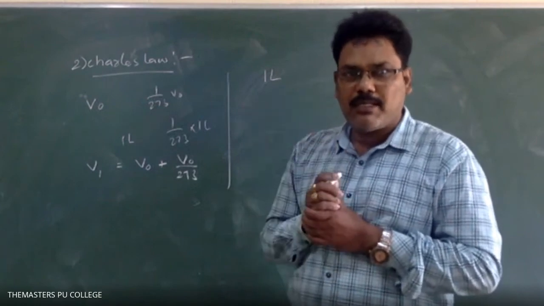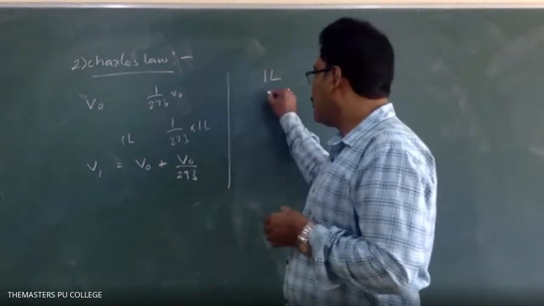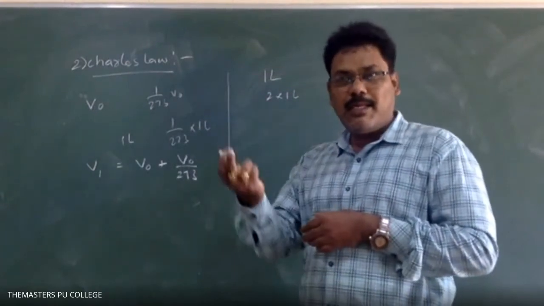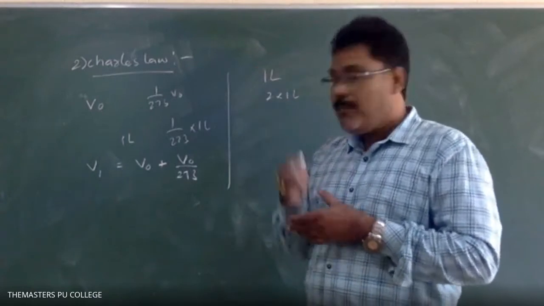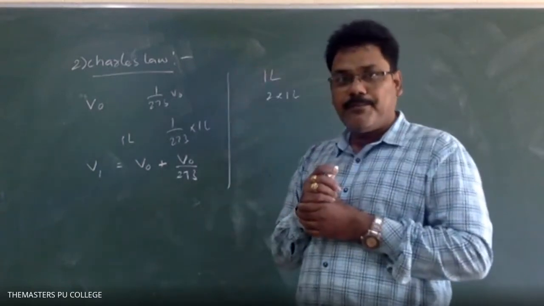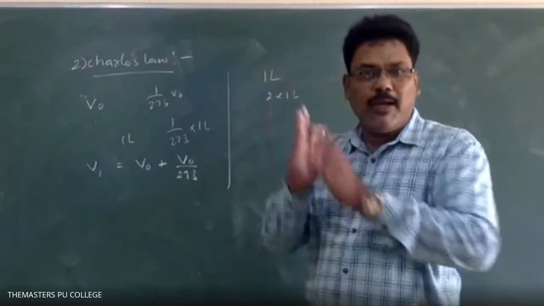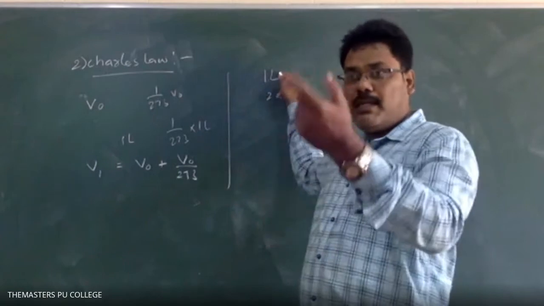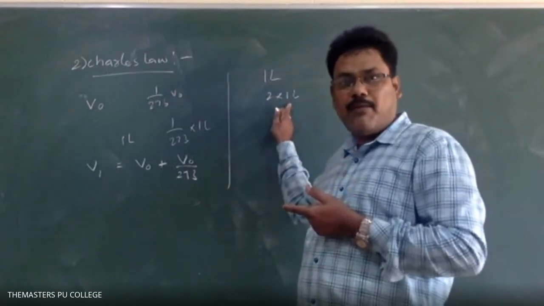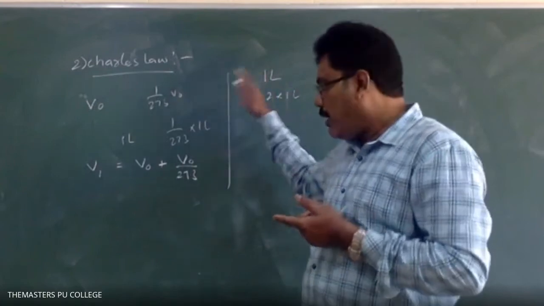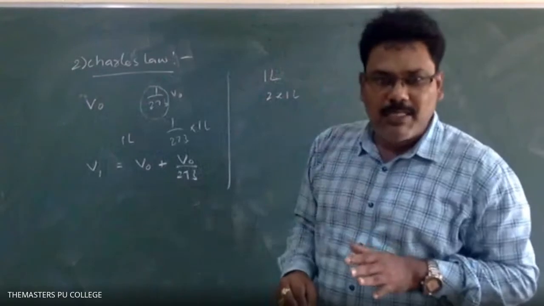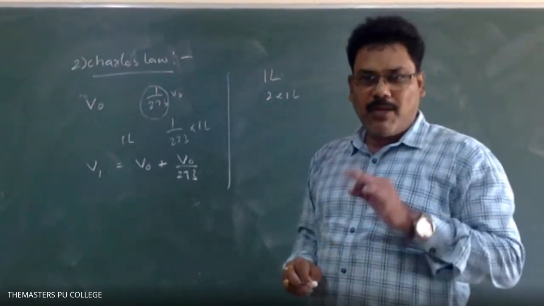2 times it increases 2 liters. That is 2 into 1, right? It is increased by increasing 1 degree Celsius. But the total volume, how much will it be? Initial volume plus increased volume of that gas. The initial volume is 1 liter. By increasing 2 times, how much is there? 1 plus 2, 3 liters. Like that, here what are we telling? 1 by 273 times it is increasing. Understood? Yes, sir. Okay.